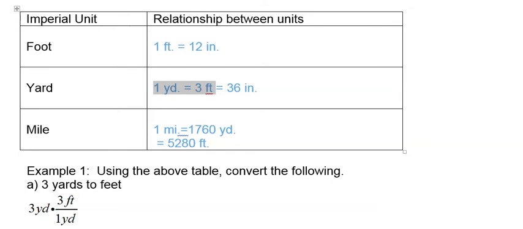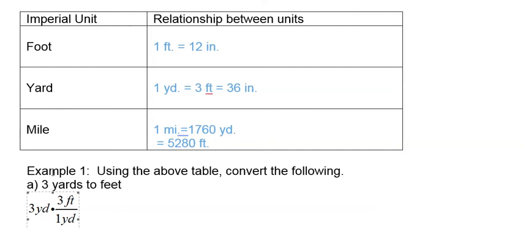So when we do our multiplication, we know that if we multiply by 1 yard over 3 feet, or 3 feet over 1 yard, that fraction is equal to 1, because those things are equal. And anytime you have a fraction where the numerator equals the denominator, the fraction is 1. So when we're doing this, we're not changing our quantity, we're just changing what our quantity looks like. So the 3 feet we want on top so that our